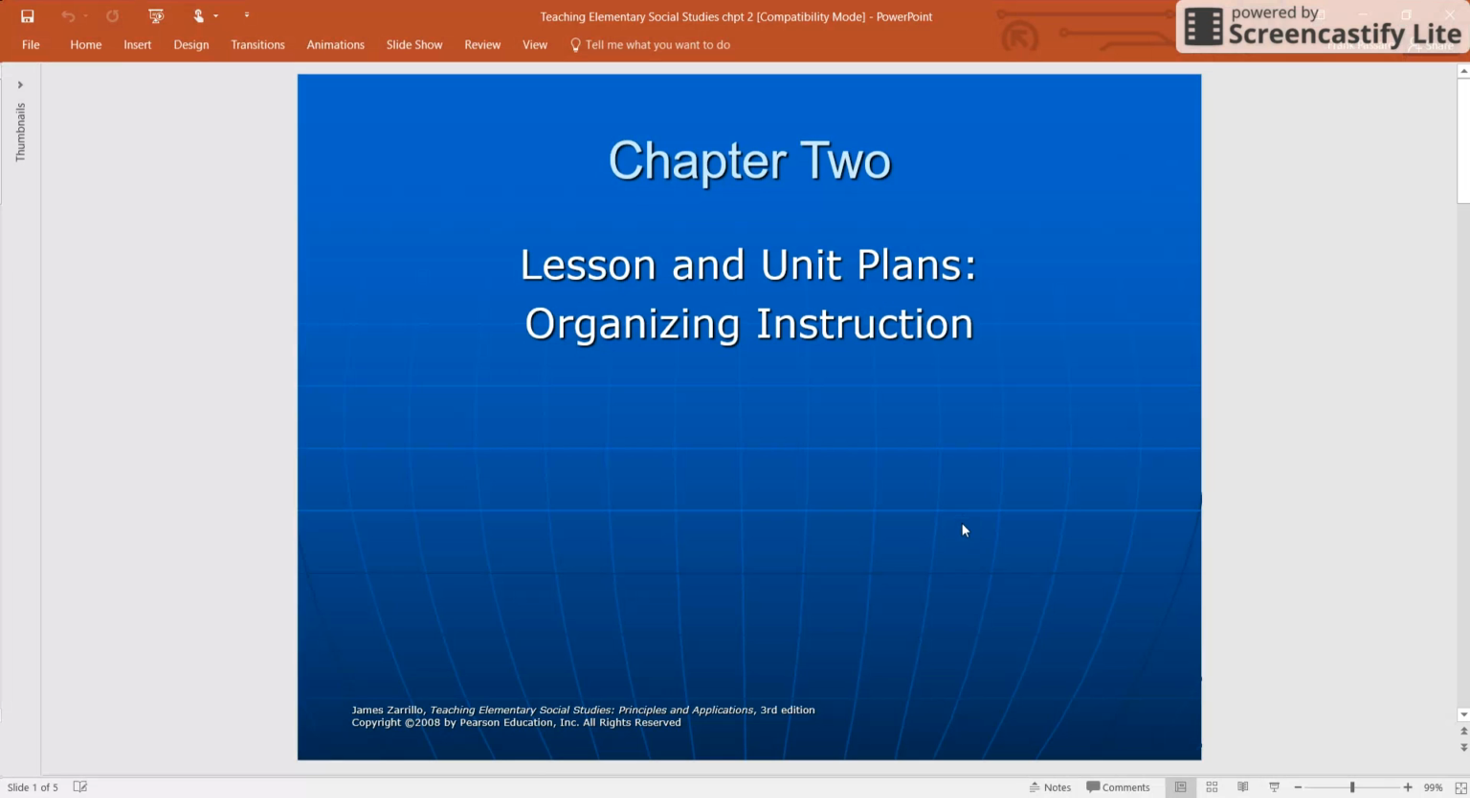When Zerillo published his text, he initially called this chapter Lesson and Unit Plans. In his text, he now refers to it as Social Studies Lesson and Unit Plans. And in the chapter, what he's focusing on are simple guidelines to help you with effective planning, instruction on writing